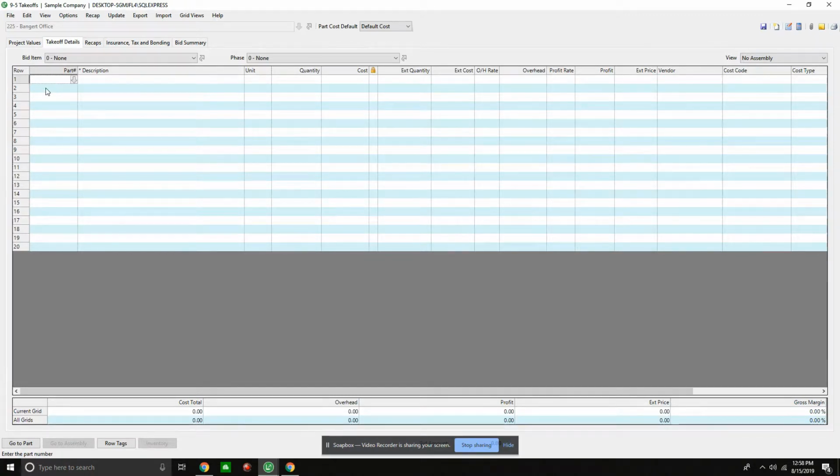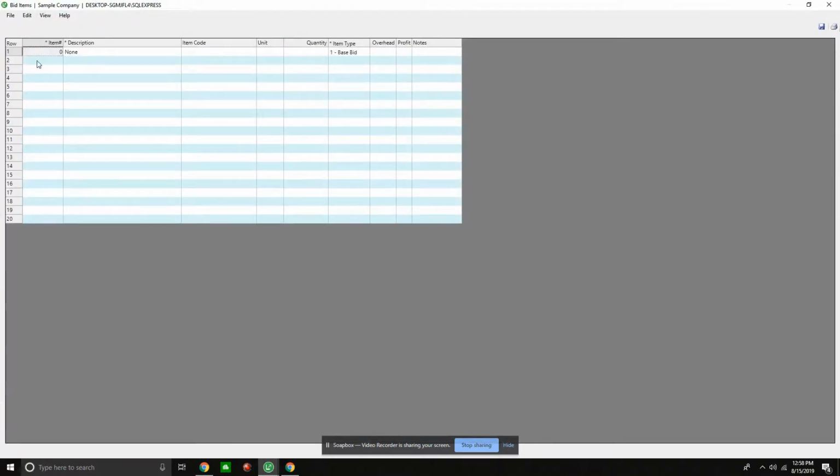And before I really just start throwing stuff into my estimate, the first thing I want to do is break down my estimate even further. So in this class example, we're going to set up some bid items, and then we're also going to set up some phases and see how this looks within our estimating solution. In this case, I'm going to call this one general